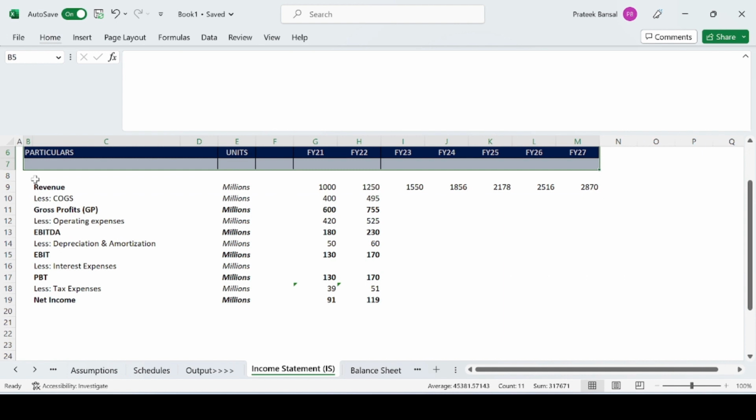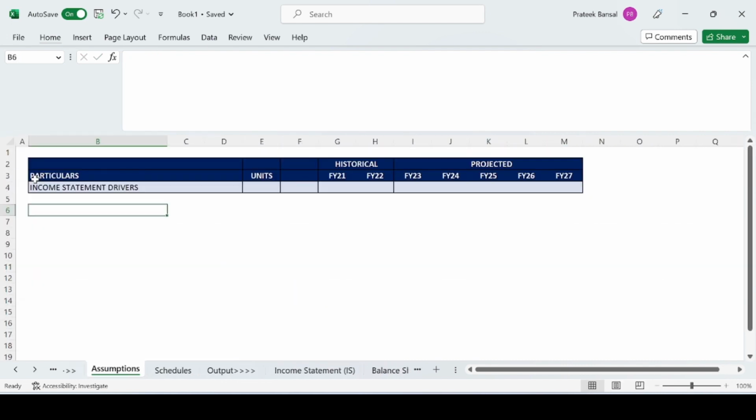Then coming to the second line item, that is COGS. So in order to determine the COGS, we have two ways through which we can estimate our COGS. The first and foremost way is calculating COGS as a percentage of revenue. Like if we calculate the COGS as a percentage of revenue for fiscal year 21, it will come around 40%, and fiscal year 22, it will also come around, let me see, if we calculate our COGS